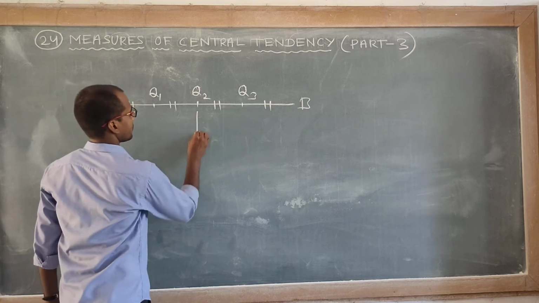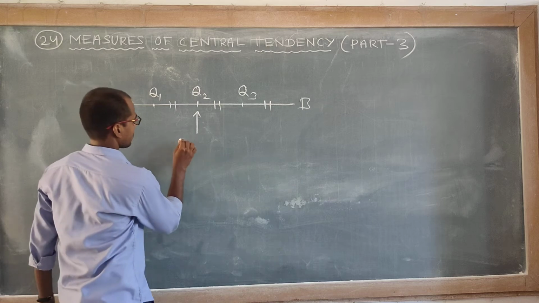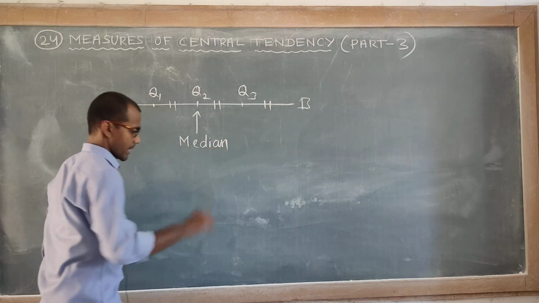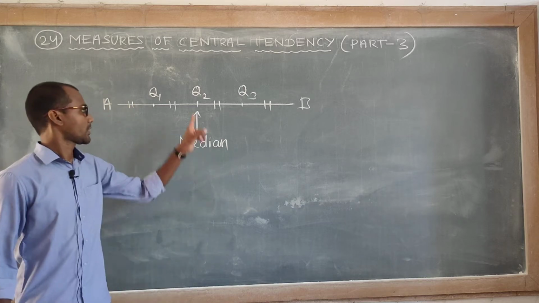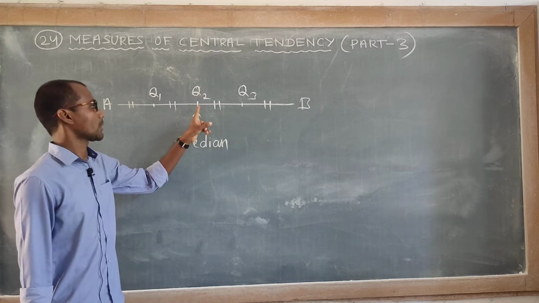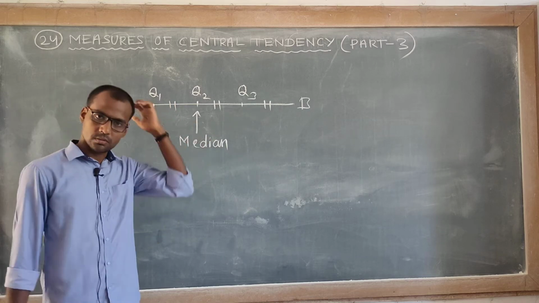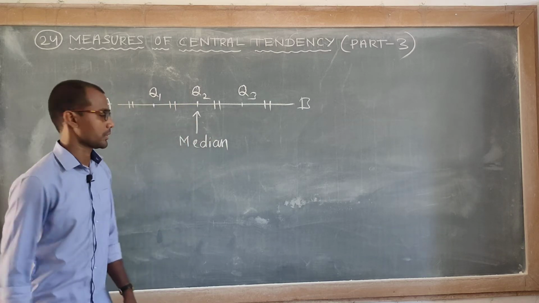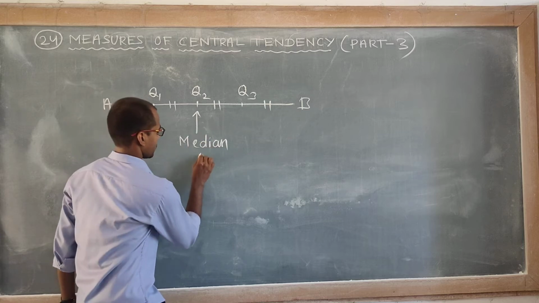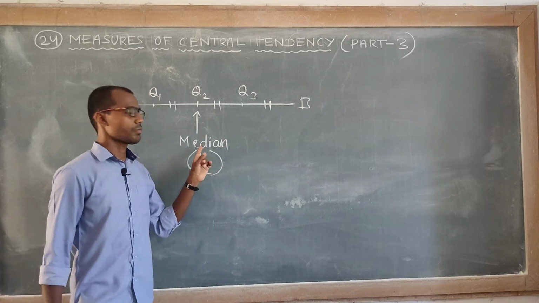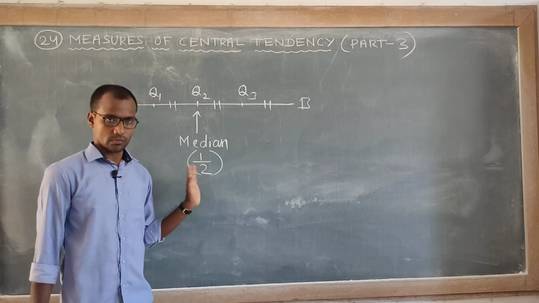Okay, this Q2 is called median. Okay, so see the location, see the position of Q2. It is exactly in the middle of AB. Okay, or half of AB. Okay, 50% or half, 1/2. So remember this, whenever you want to find median you have to use 1/2. Okay,